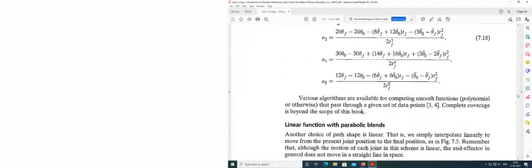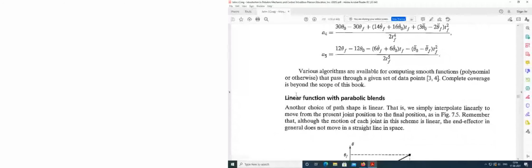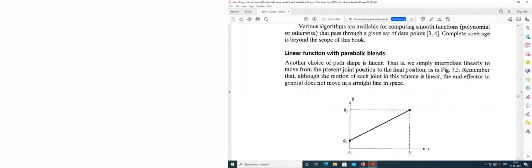It's not necessary that we always have to use a cubic polynomial. The other method is a linear function with parabolic blends. So what is a linear function? Say, for example, I'm moving from theta naught to theta f in this interval of time. If I connect these two points via a linear function, that's what the linear function path represents. But the problem with this is